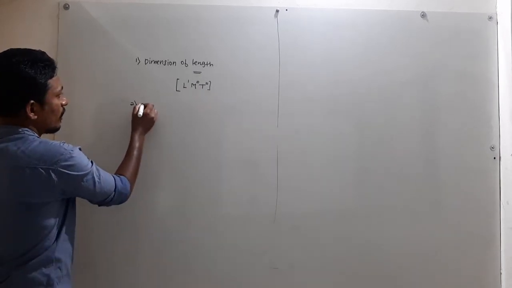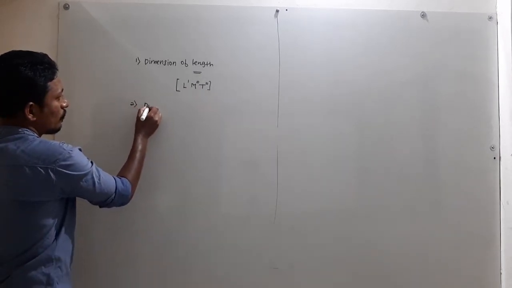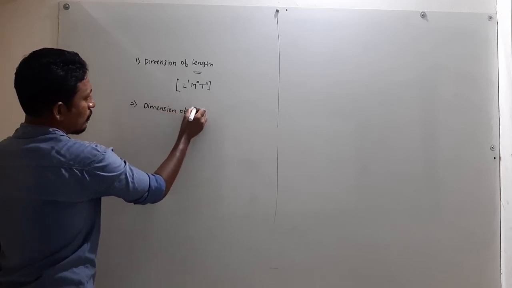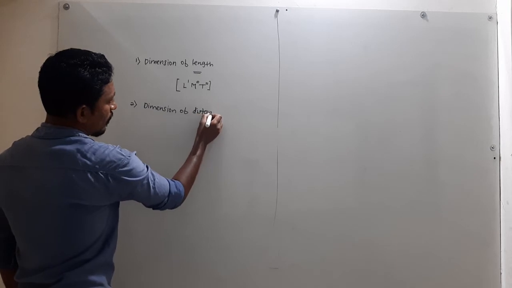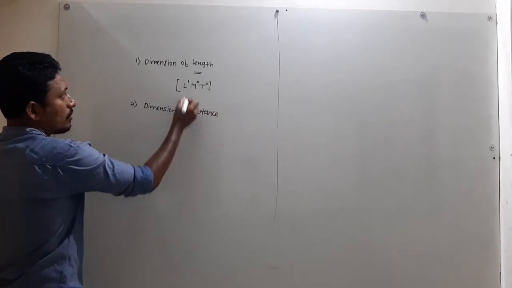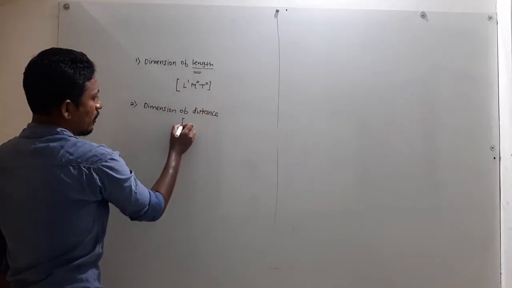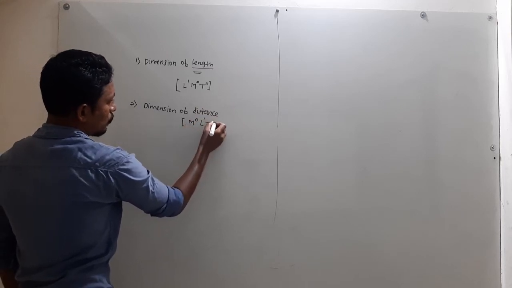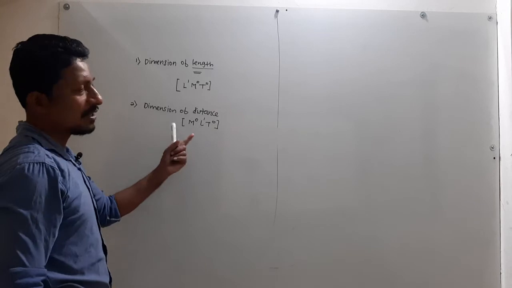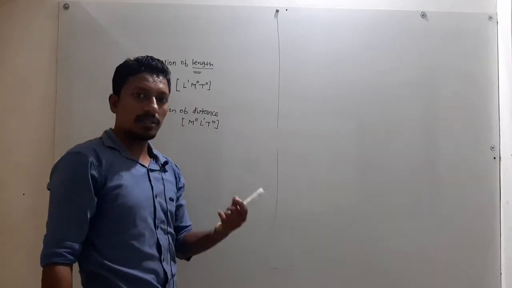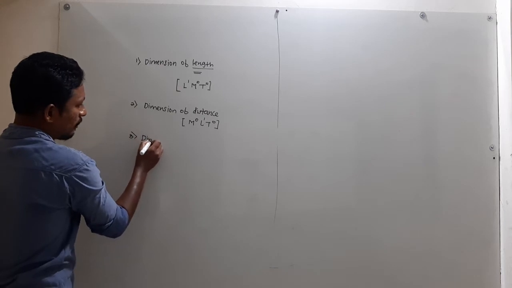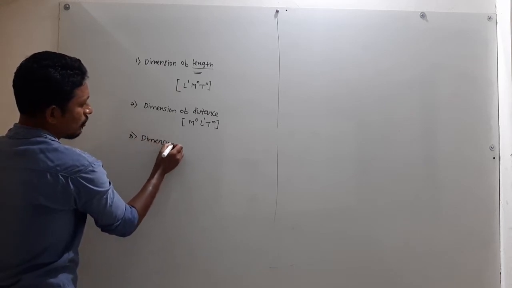Second, dimension of distance. Distance is nothing but length. Then again, the dimension of distance is M raised to 0, L raised to 1, T raised to 0. You can represent M first, L, or T in any order. Third, dimension of